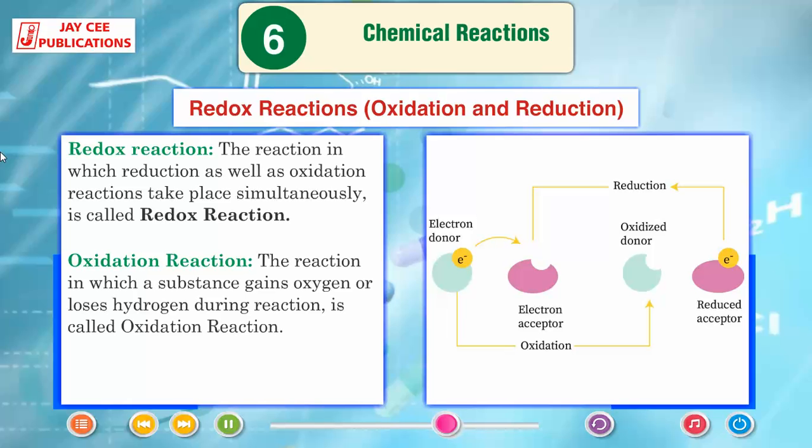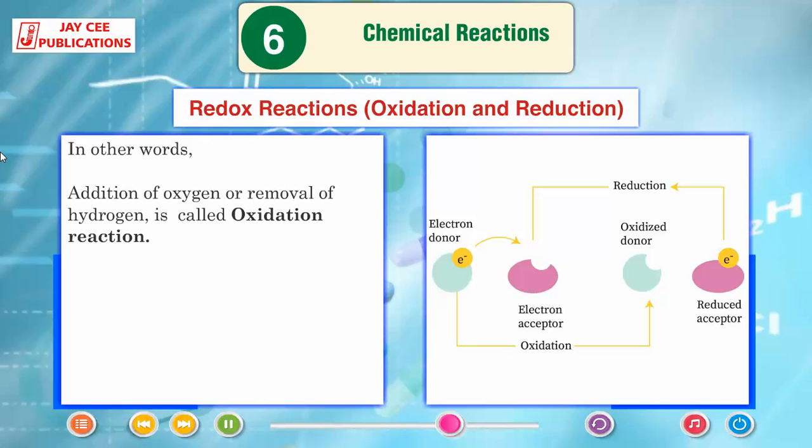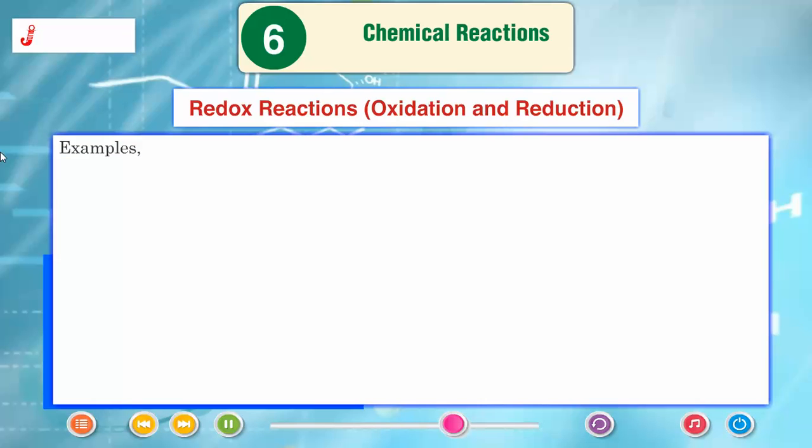Oxidation reaction. The reaction in which a substance gains oxygen or loses hydrogen during the reaction is called an oxidation reaction. In other words, addition of oxygen or removal of hydrogen is called an oxidation reaction. Examples: